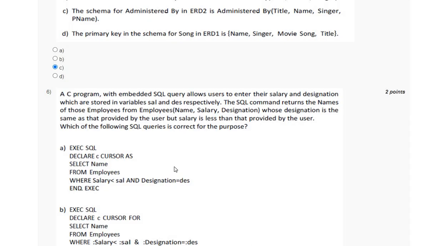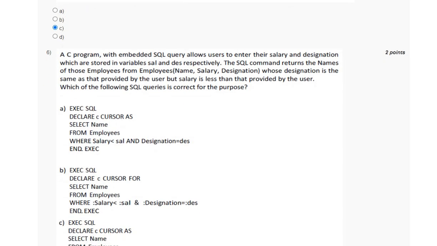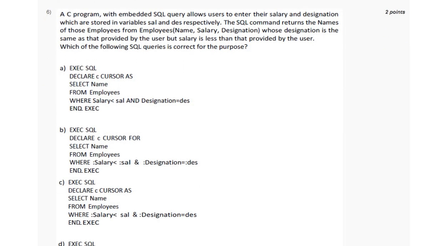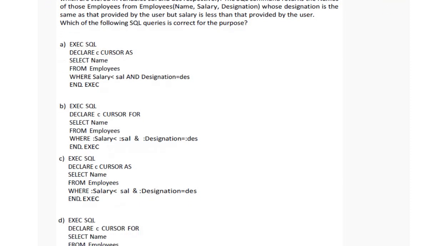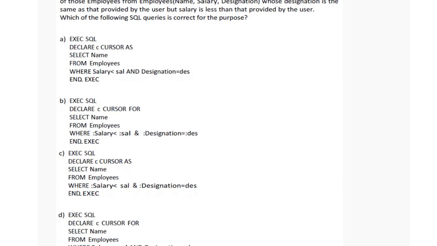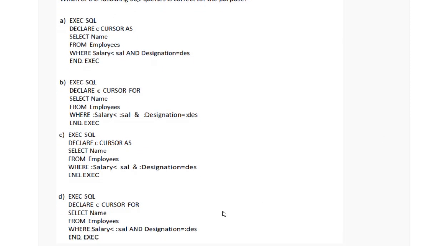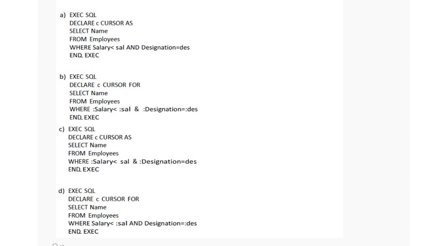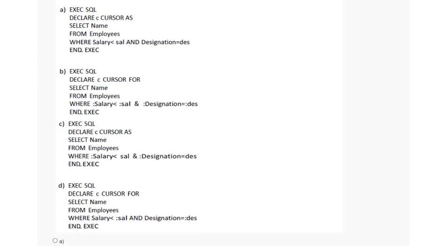So here the variable of the host languages are SAL and DES, so it will be preceded by a colon, and according to the condition, the salary should be less than the user salary. So the user salary is represented as SAL and it is preceded by colon, and the designations should be same as, so it is represented as colon DES, which is option